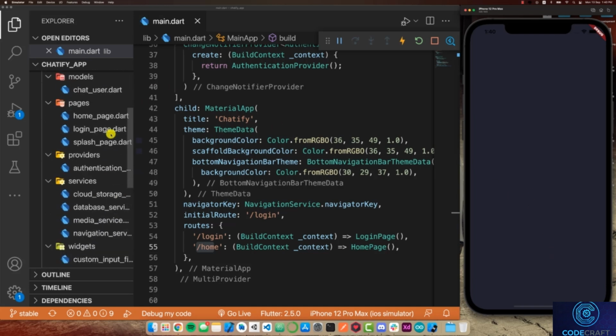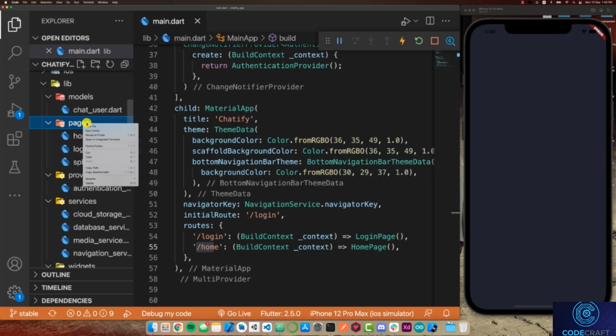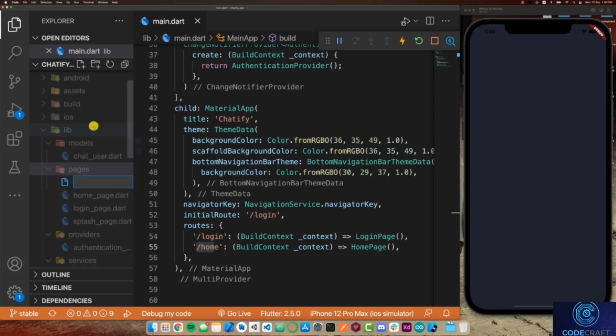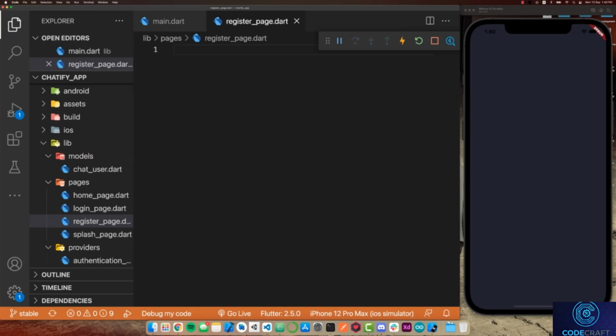So the first thing that I'm going to be doing is going to my pages folder. Inside of there, I'm going to create a new page. And this time I'm going to call my page register_page.dart. And once this register_page.dart file has been created, the first thing that I'm going to do is